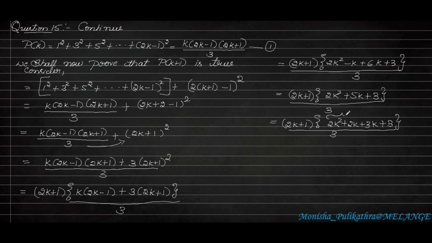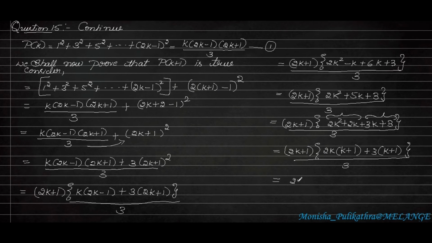So here in these two terms we can take 2 common. In these two terms we can take 3 common here. So 2k plus 1. So here 2 and k both are common. So 2k we can take common here. If I take 2k common here, k is remaining plus 1. Here 3 I can take common. If I take 3 common, k plus 1 will be remaining, whole divided by 3.